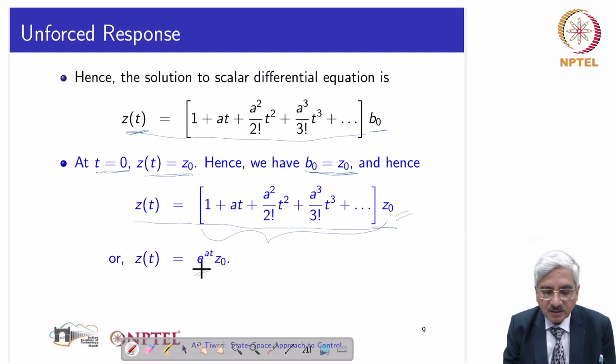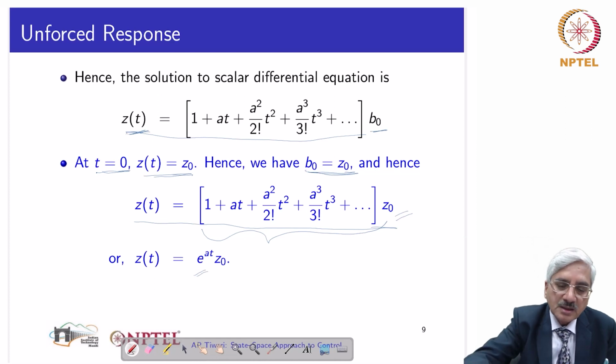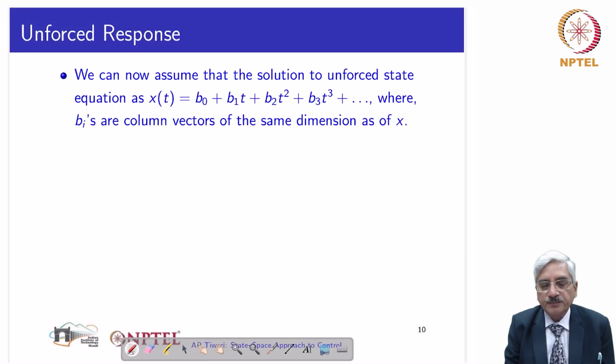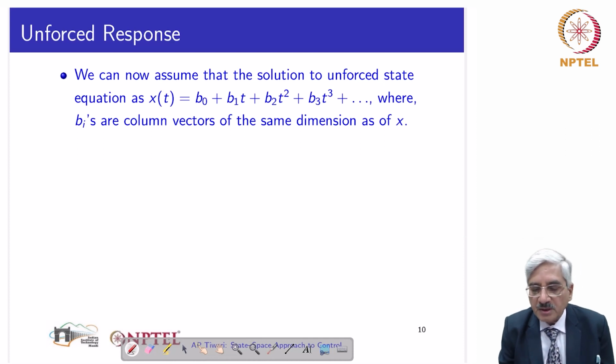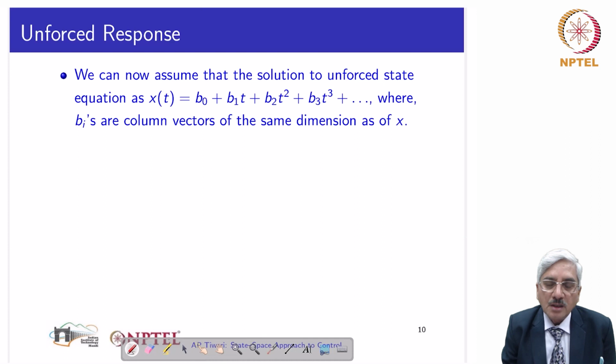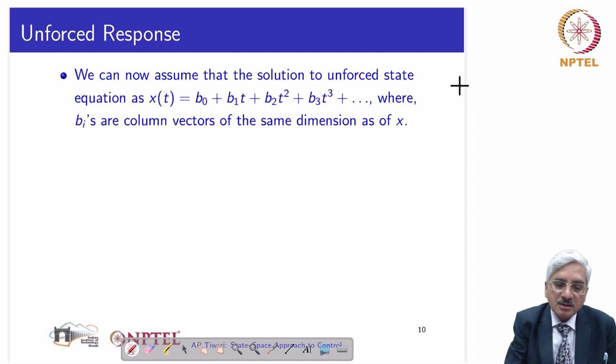So z(t) is e power at z0. This is the solution of the scalar differential equation. Having done that, now we proceed with the solution of the unforced state equation x dot equal to Ax plus Bu, and on similar lines we assume that the solution of the unforced